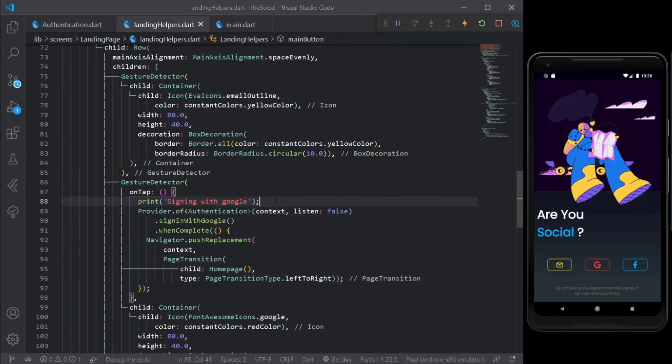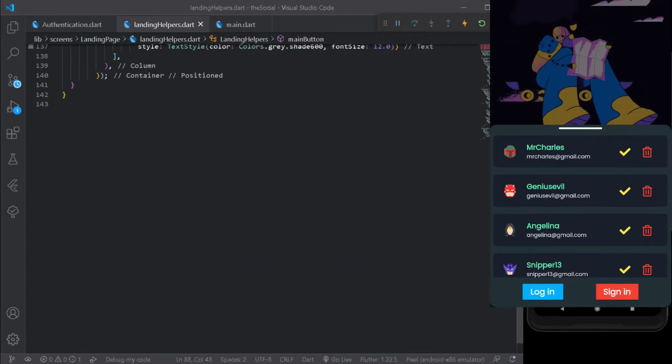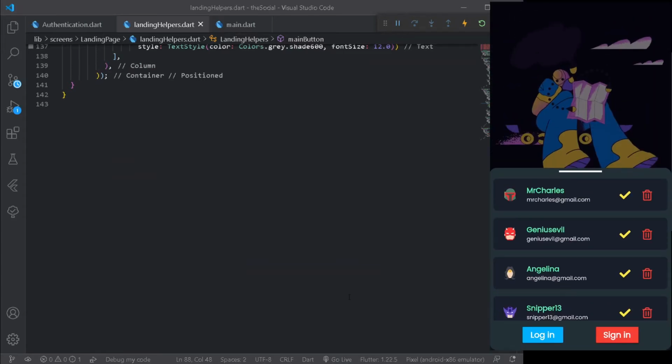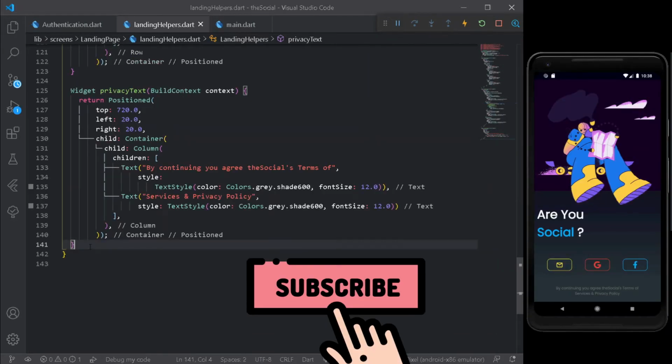So for signing in with Firebase email and password, we shall be creating a new widget so that a small bottom sheet shall be appearing from down and the user shall be able to select between creating a new account or logging into an account. Also, we shall be showing the user his history of all the accounts, that is for passwordless authentication. So for that purpose, you need to subscribe to this channel.